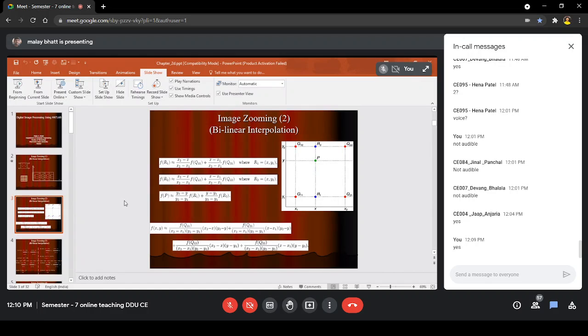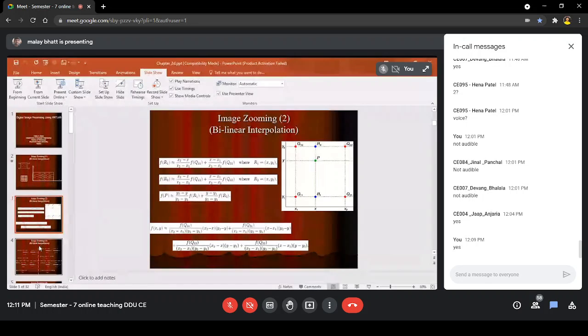You can see that only the actual values change, but the other parts of the equation are the same. You can see x2 minus x, same equation. Only the intensity changes. Here fQ11 and fQ21 are used, and otherwise the equation is the same.